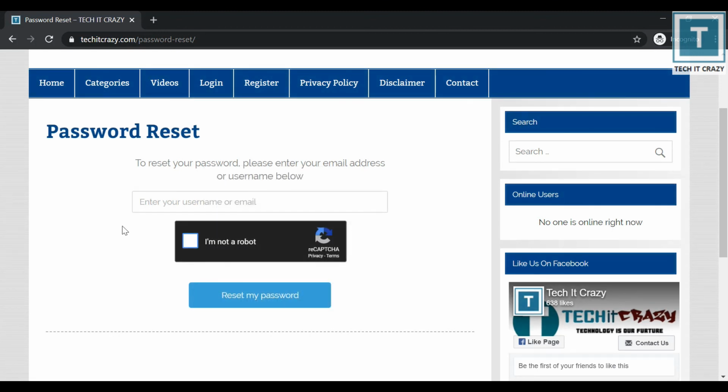If your website needs this one, you can just install the reCAPTCHA plugin and activate that. So this will be supported with the Ultimate Member plugin. I have already done a few videos on the Ultimate Member plugin, how to install and how to activate and how to configure the Ultimate Member plugin for your website.